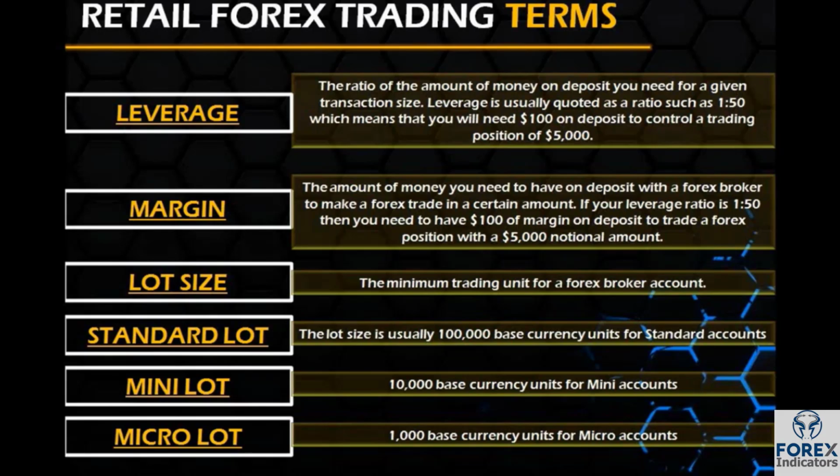And then we have mini lot, that's 10,000 base currency units for a mini account, and micro lot is 1,000 base currency units for micro accounts. Those are the accounts in the $100 area, and mini lot is an account basically in the $1,000 area, and a standard lot is a standard account of